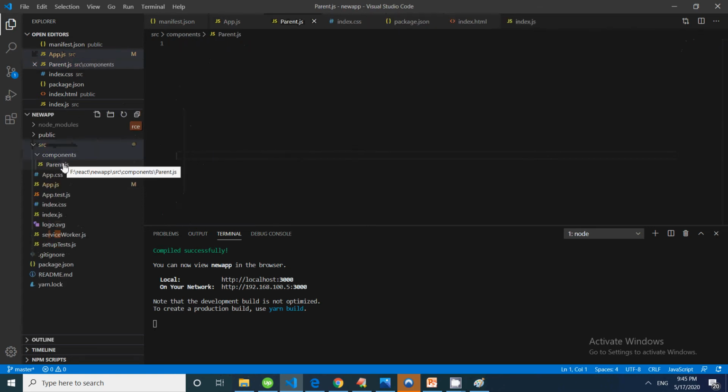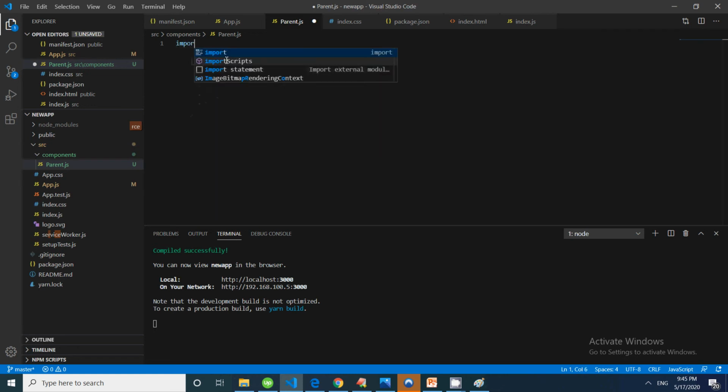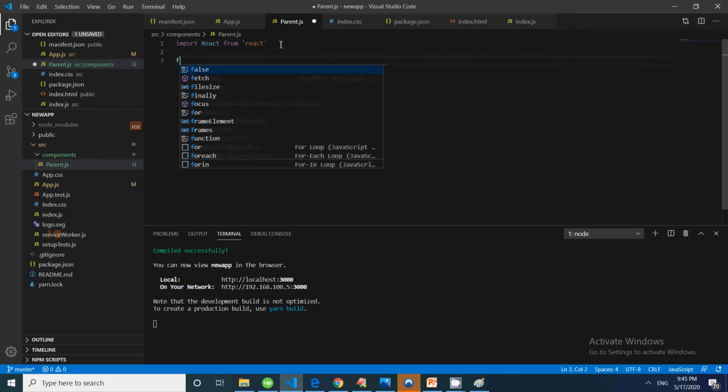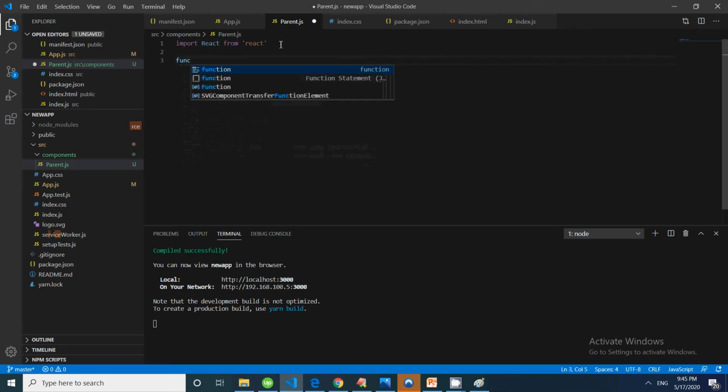So this is my Parent.js. First of all, I will create a functional component. I will import React from React, and then create a simple function. As you know, it is a functional component.